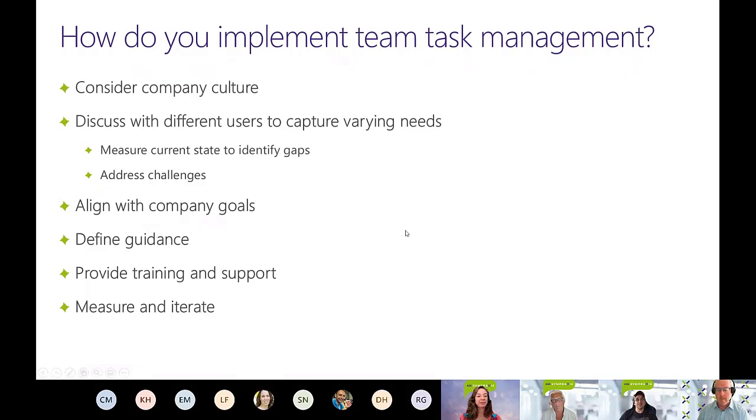I was going to say, in addition to understanding the company culture and how to capture the different needs, it's also important to understand what the outcomes are of those and how you want to project them. If your task management is really at the individual level, that's about me and how I get my stuff done. But once you elevate above that level, you end up in a situation where you may need reporting. And those reporting needs or aggregation needs may end up driving some of the decisions that you make around task management. I can give an anecdotal story to this.